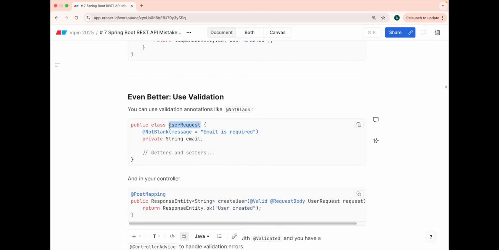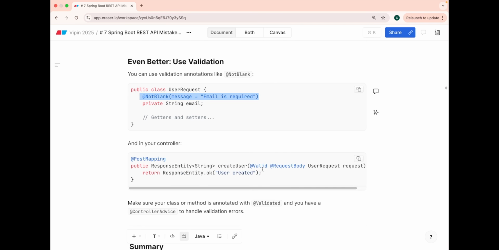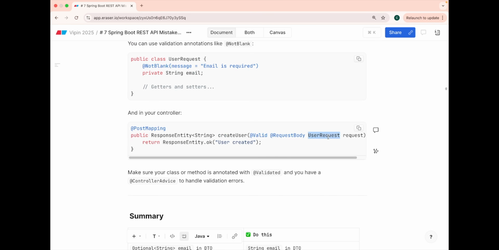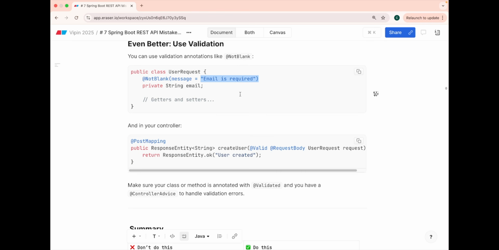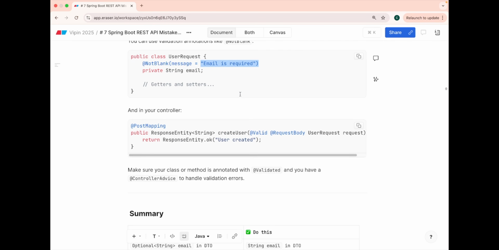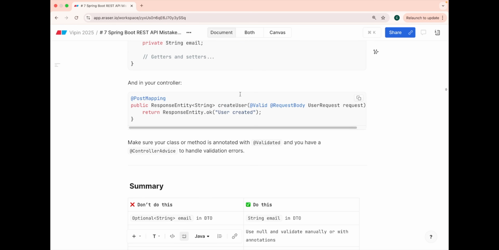On the user details object itself, over the email, you just say @NotBlank and send a message that email is required. So now when you put @Valid over this particular user request, whenever this email is being mapped by Jackson, it has to be validated first. So Spring tries to validate it for you and says, okay, the user details object has a null email and it is marked as not blank or not null, so I should send "email is required" in the body to the user. And this is a beautiful way of handling not blank, not null, min, max, all kinds of validations using @Validated over your controllers.